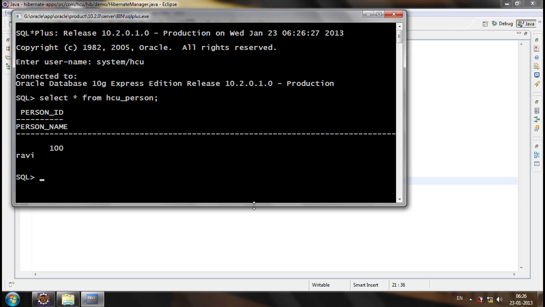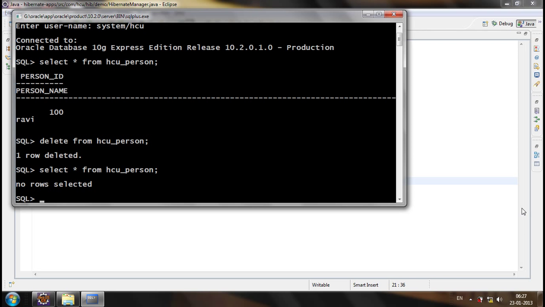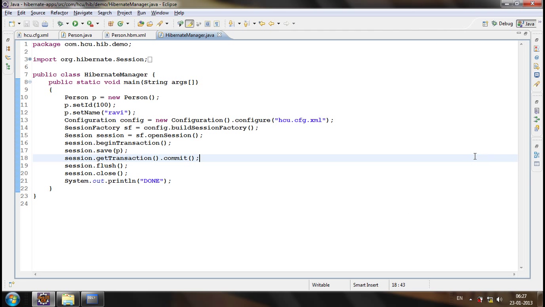So this record is inserted. Now let me delete the records. Now the row is deleted. Now if I select, there are no rows selected. Now if I execute the application,